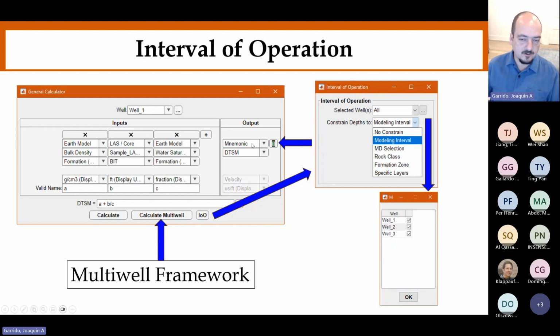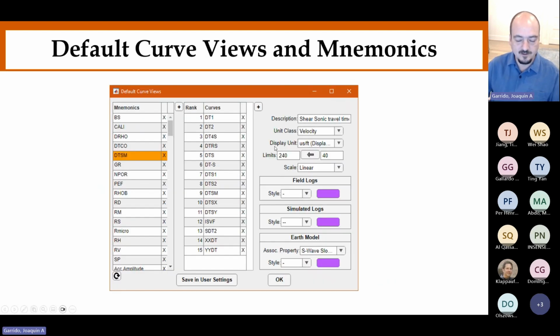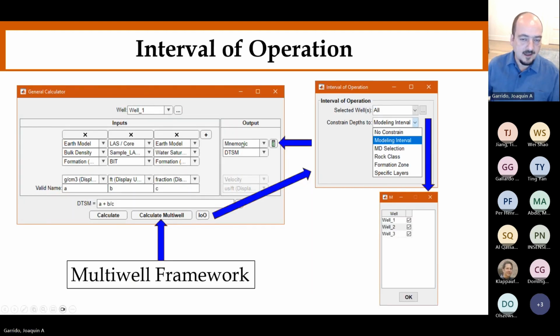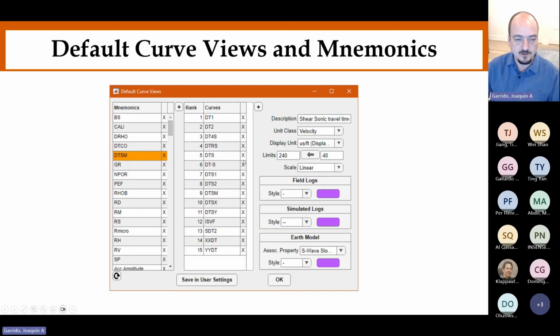And you can notice here the other critical tool for really being able to do this multi-well is something we call mnemonic. If you click on this little button, it's going to open this window. Now going back here, what we have here in the output part is a source selection. So this source is going to give you the options of Earth model, LAS, or simulated or mnemonic. Mnemonic is just a generalization of logs, so that you don't need to specify a log set. You don't need to specify the curve name itself. You just say, I want the mnemonic that is this. In this case it is DTSM, so it's the